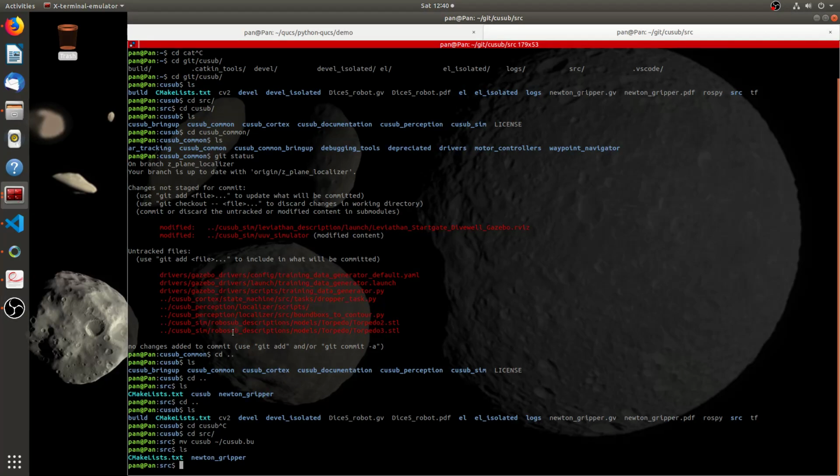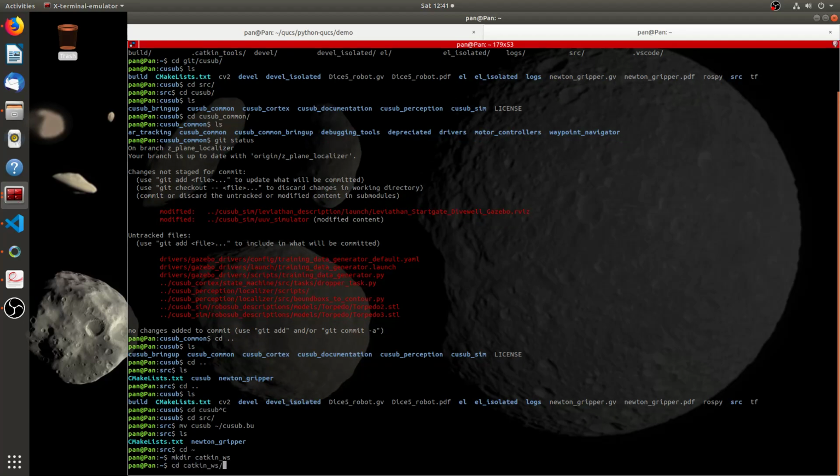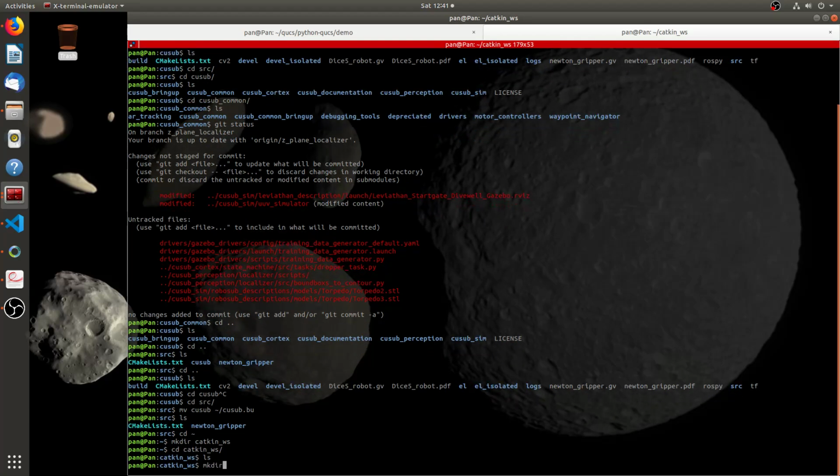Alright, so I'm setting up this new RoboSub simulator. A few things have already been done here. Should probably just start from scratch. So let's start from scratch and make a directory, catkin workspace, make a source directory,